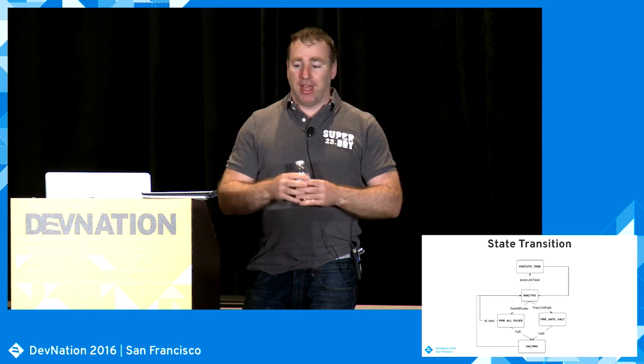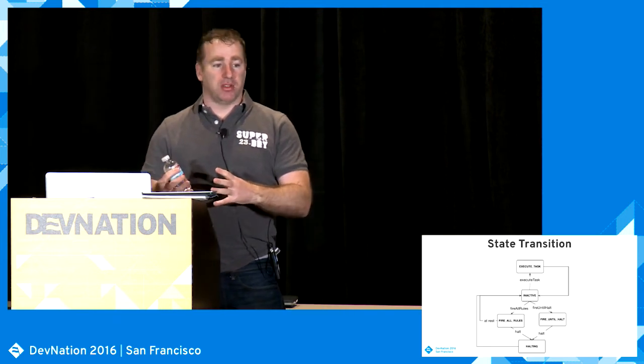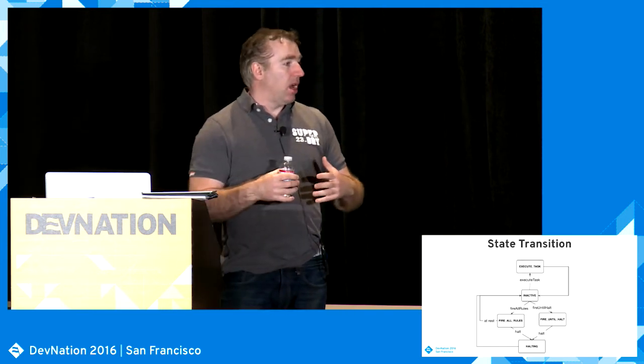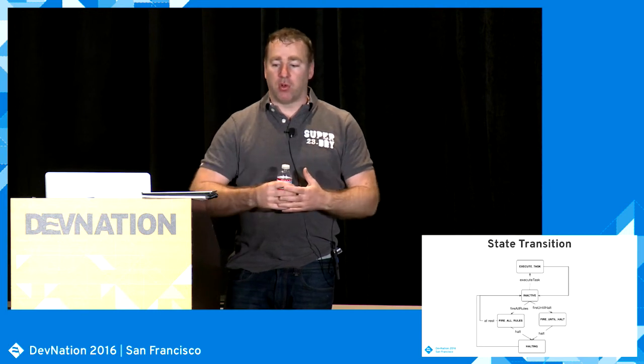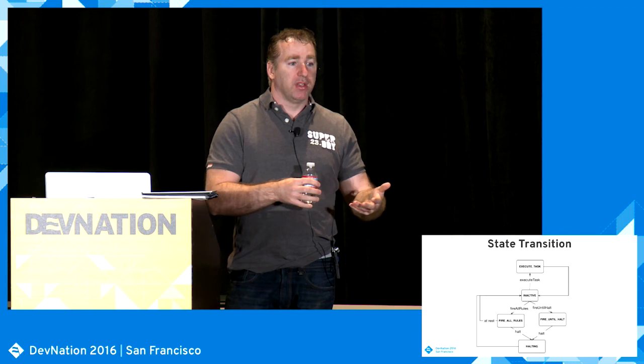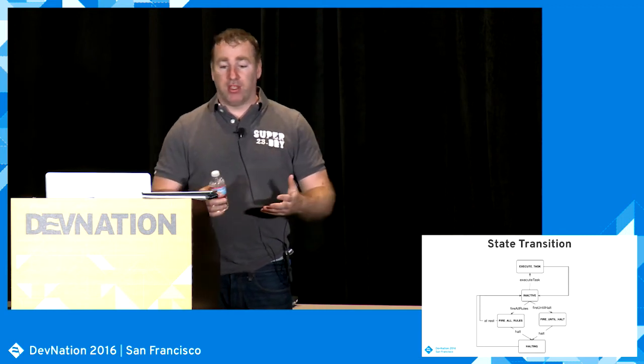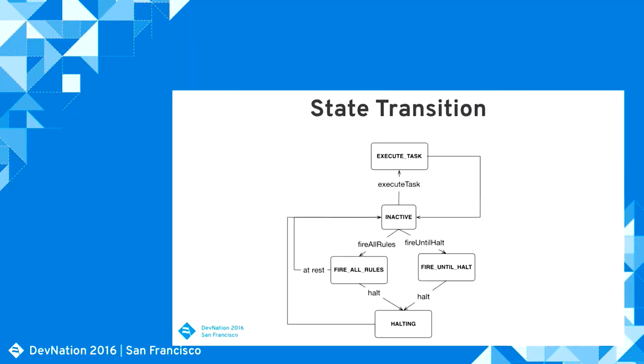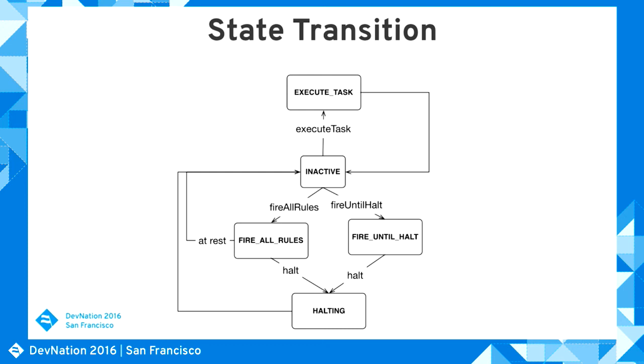So now the engine is completely isolated from actions. In theory, it's impossible for you to cause problems with an insert, update, delete, fire all rules, or fire until halt, because all they do is create commands and put them onto the stack. Putting the command onto the stack goes through a sync point. But what we call flushing it, so if you do all your inserts, all your updates, all your deletes, and you call fire all rules,